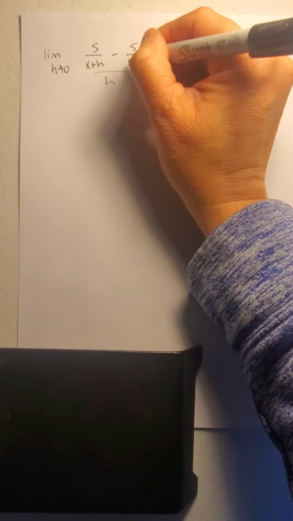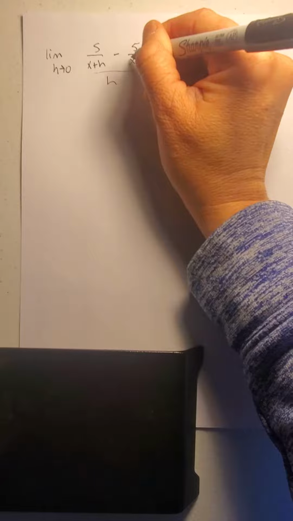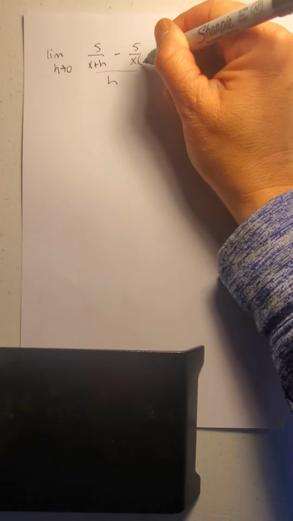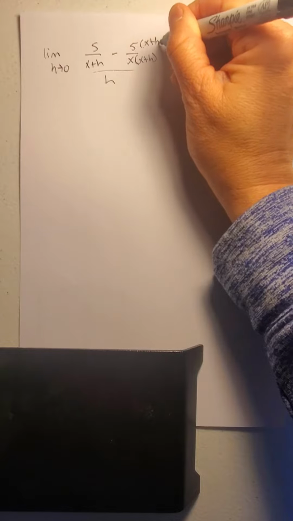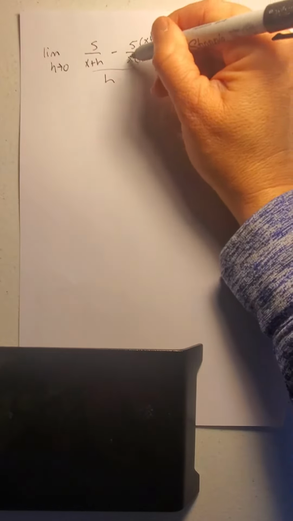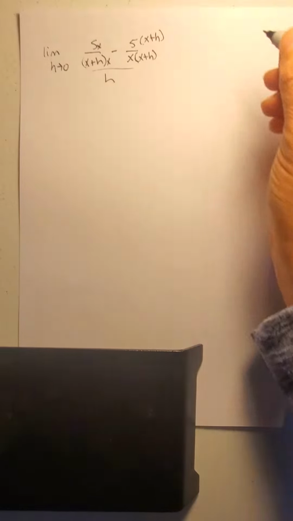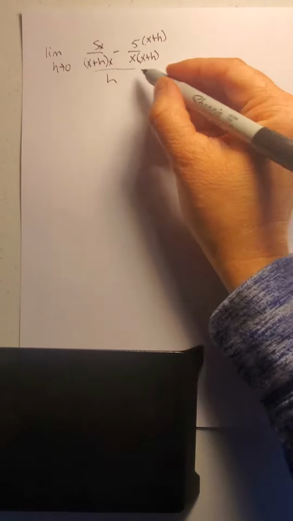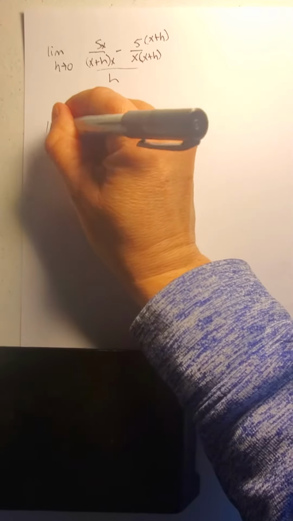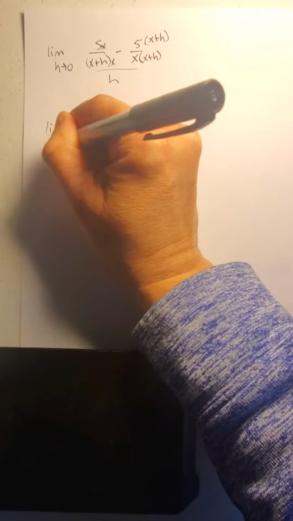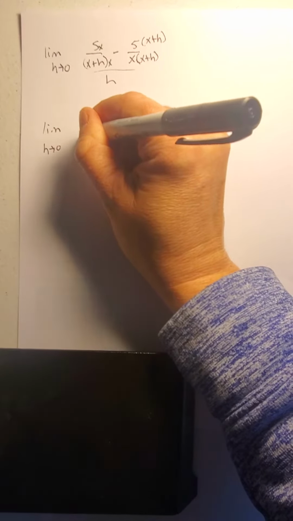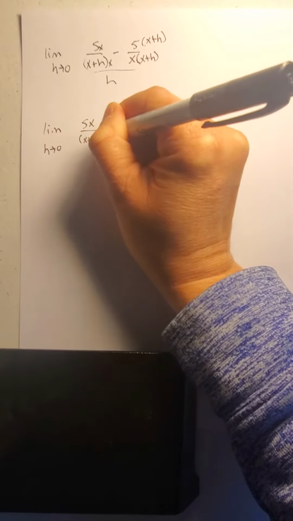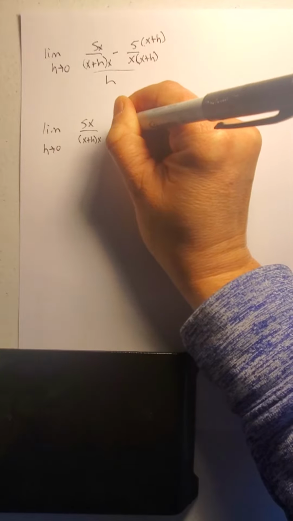So finding a common denominator for these two fractions right here, I can multiply this one by x plus h over x plus h, and then I can multiply this one over here by the other one's denominator, which is x. And that way I can say the limit as h approaches 0 of 5x over x plus h times x